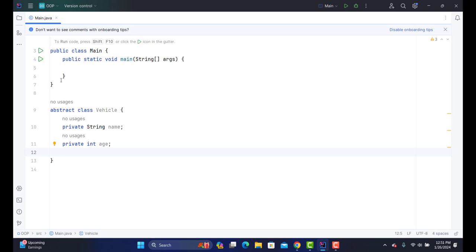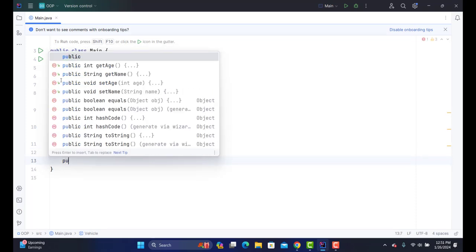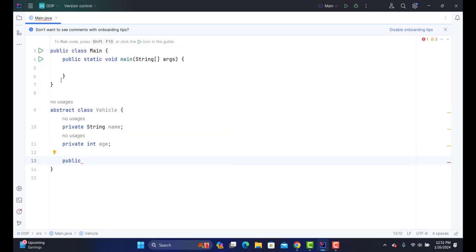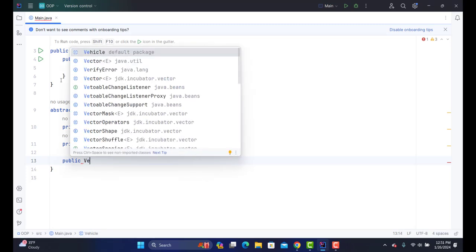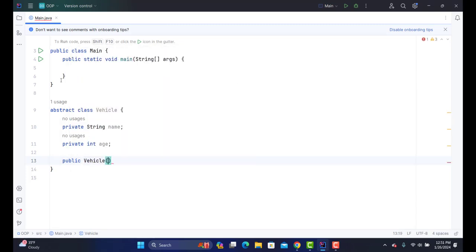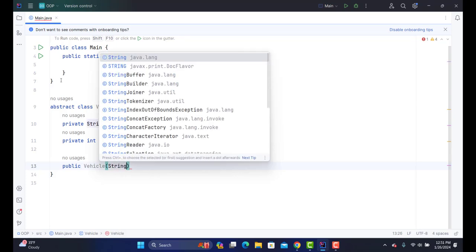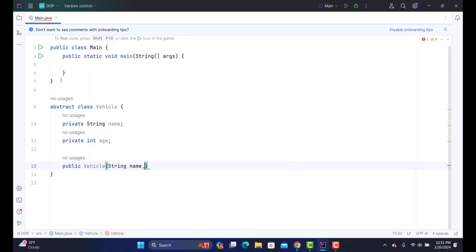It's gonna have a constructor, so I'm gonna type public Vehicle. I'm gonna type here String name, int age. I'll type this.name = name; this.age = age;